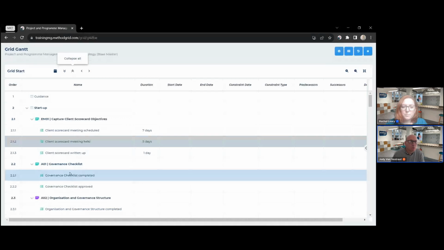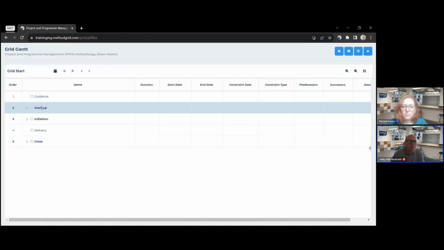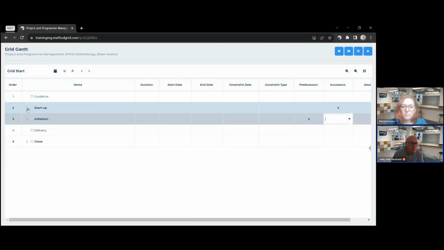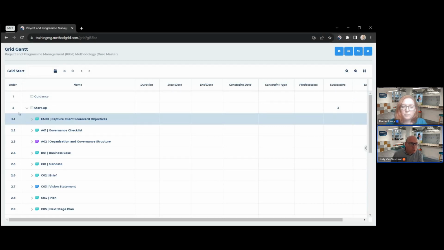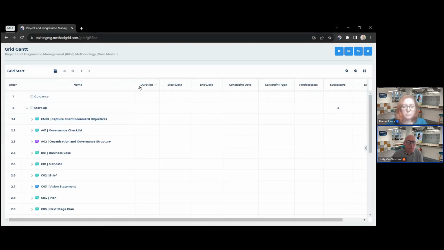I can collapse all these items if there's too many on show, or I can show them all. So up here, if I want initiation's predecessor to be startup, I can just simply put in the order number here and it's set. So here's my order number. The element is 2.1, this is 2. And I put initiation's predecessor as 2, the startup stage. And you could see how I could keep going through that and adding durations, but I'm not going to do